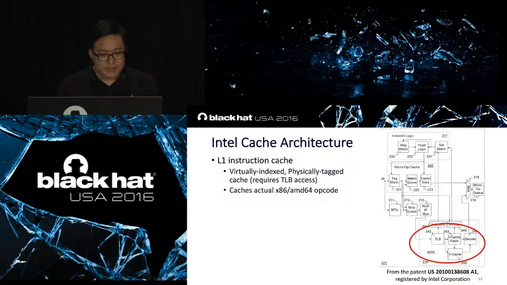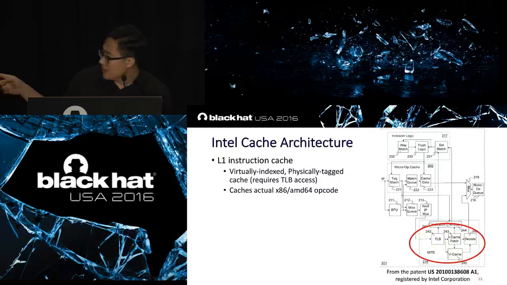We tried to find several documents and information on the internals of Intel architecture. And luckily, we found a patent registered by Intel Corporation in 2010 that could be a hint for this phenomenon. For the instruction cache, there will be 2 caches in the processor. One is the L1I cache, and it is virtually indexed and physically tagged,